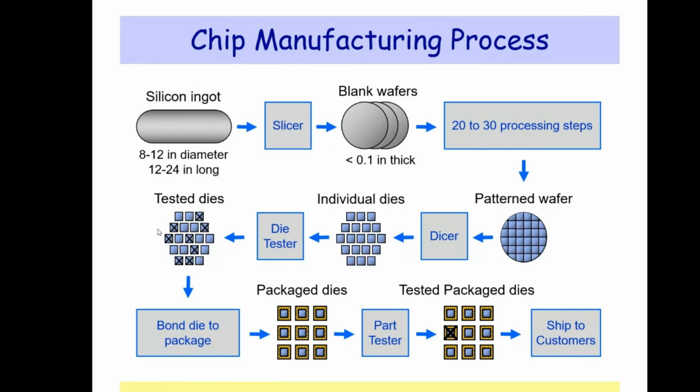So out of all these dies, a few will be cross marked, and these are bad dies which will not be useful. If you take a wafer with 200 or 300 dies, here we are showing it in a small size, but in real time it will be very big. So in it, 200, 300, or even if you consider 40 or 50 dies,